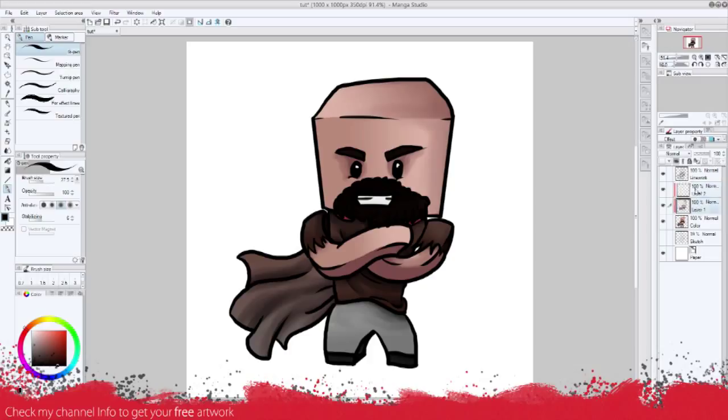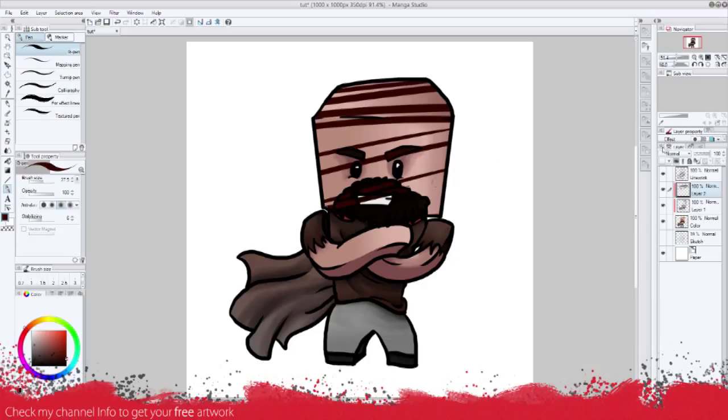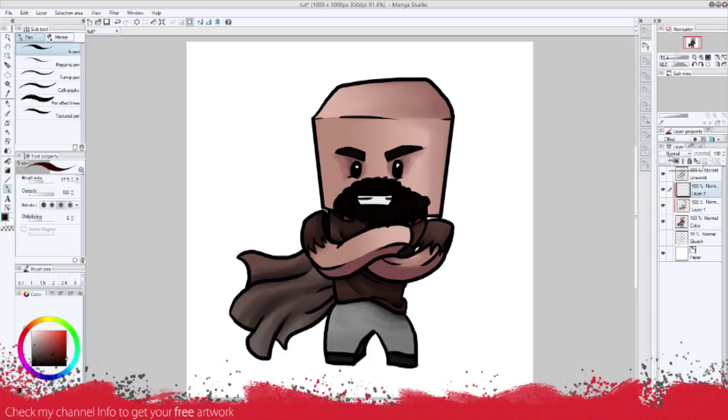And basically all it does is that the layer it's clipped to, you can't draw out of it. So it's very helpful for coloring, shading. And in Photoshop there's no button for it, at least I don't know of one. Maybe if you right click somewhere, but